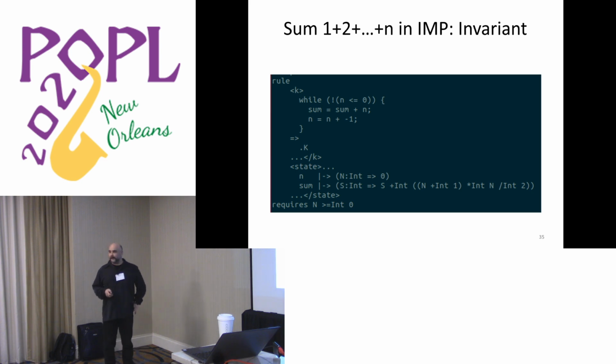That's how properties look like in K, because, as I said, this is language independent, so you may wonder, how can you write a property about a program in a language independent way? Like any other rule. So this is, for example, the semantics of a while loop, for an invariant of a while loop in a sum program. And as you can see, we say that the program rewrites to nothing.